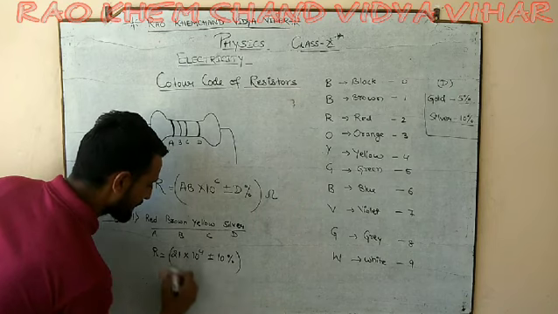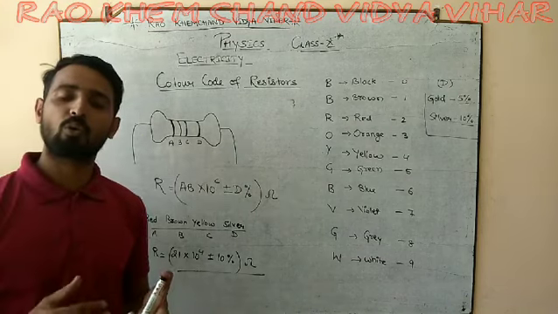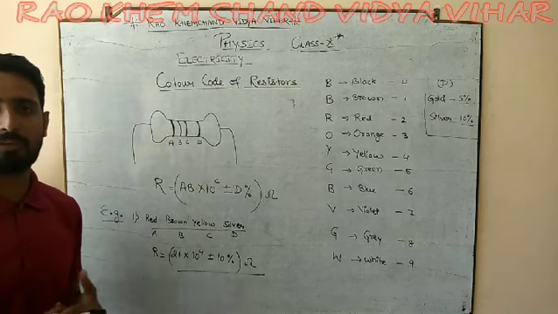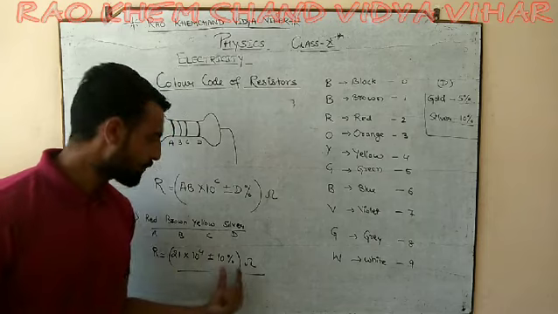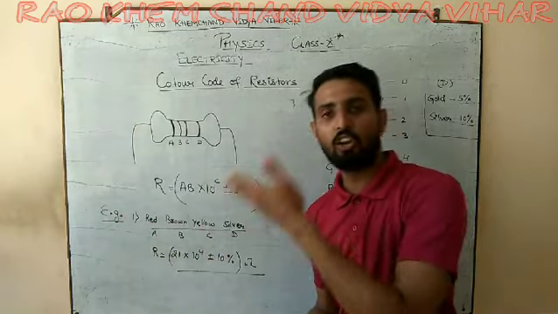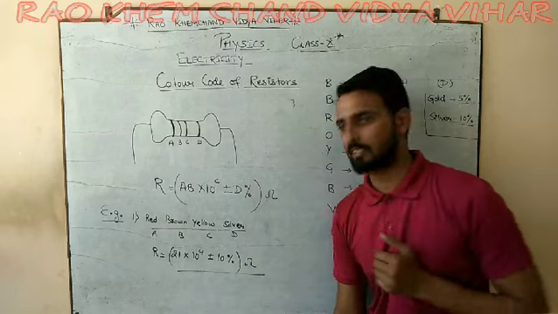So what is the resistance of this code? 21 into 10 की power 4 plus minus 10%. ऊपर नीचे plus minus means it can be tolerated. We call this a tolerance. इतना ऊपर नीचे चल सकता है.